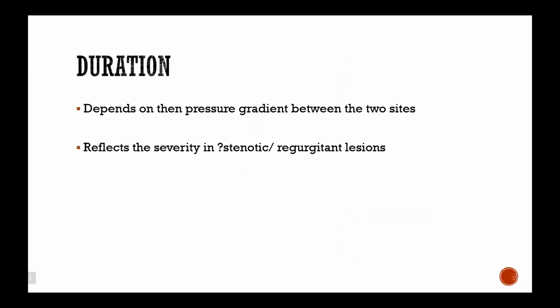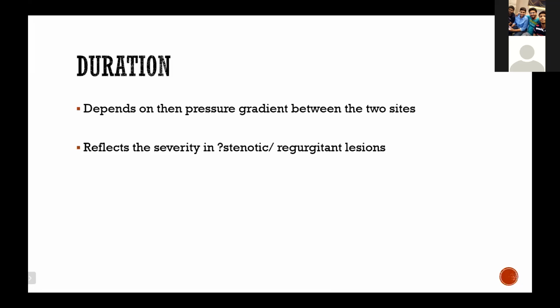Now, what are the factors which determine the duration of a murmur? Some murmurs are early systolic, which means that they're present only during the early part of systole, and after that, they're not present. One thing you need to keep in mind is that blood flows only as long as there is a pressure gradient between the two sides. Once the pressure gradient is abolished, that means the pressure is equalized on both sides, blood flow will stop, and the murmur will stop.